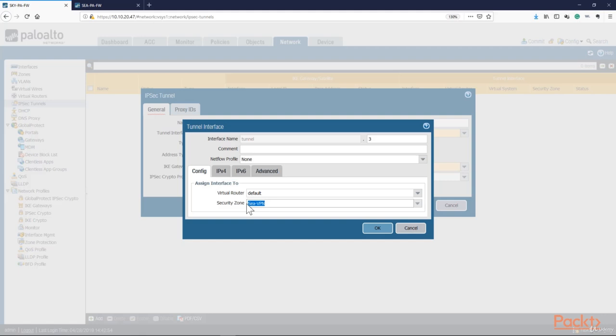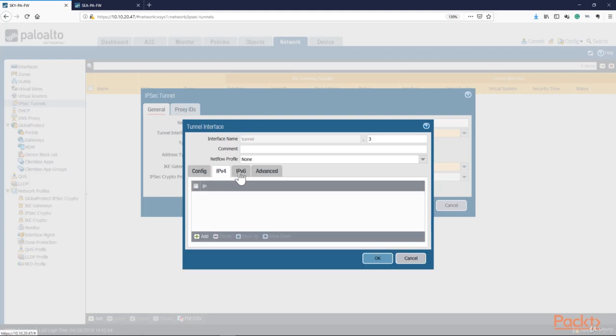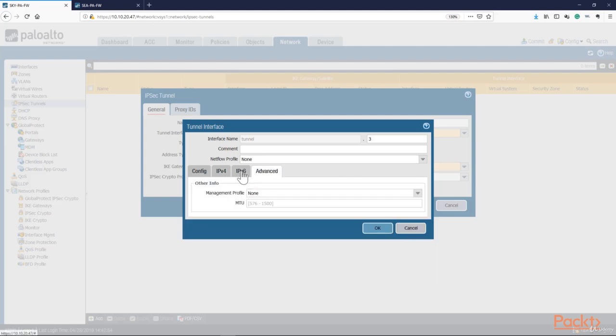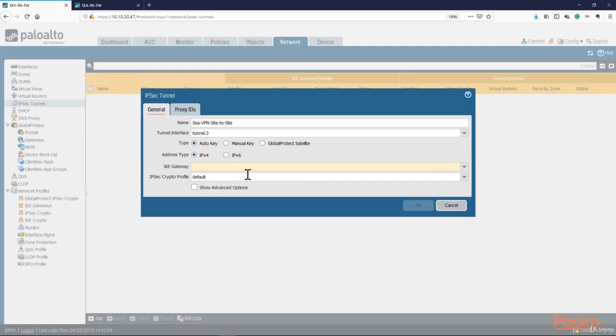So in our case, I already did the CVPN zone. I'm just going to add this on the tunnel interface. IPv4, because this is tunnel mode, we're not actually adding an IP address to this tunnel interface. In interface mode, then we can add a particular IP. IPv6, same. We're not in advanced, we're not going to attach any management profiles. We'll click OK. And then finally, we are going to select our IKE gateway that we previously configured with that